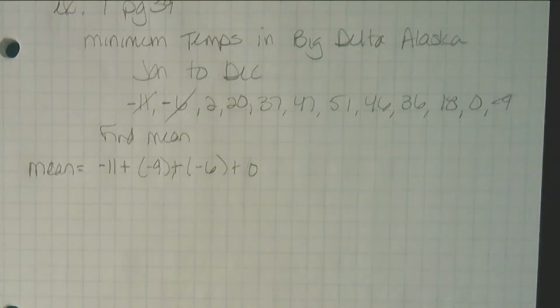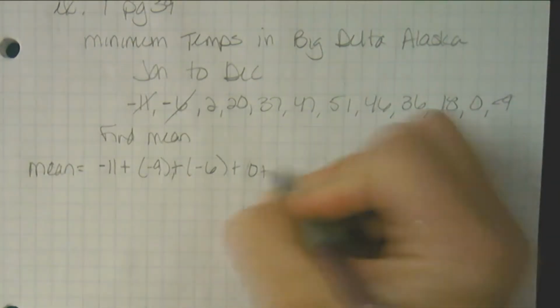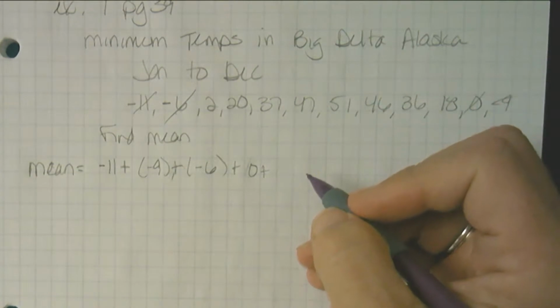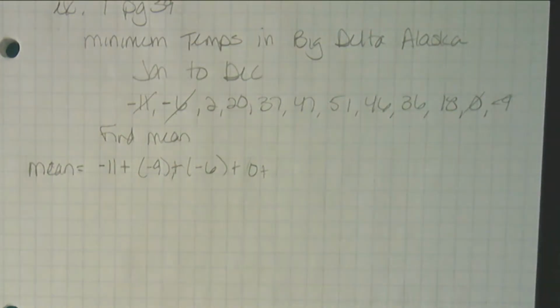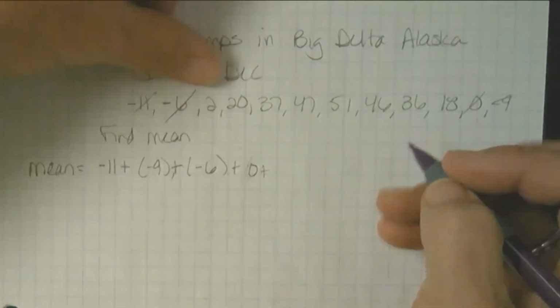Now I recognize, hang on a second please, I recognize that we're not finding median here, but I want to set you guys up for good habits. Okay? Alex? Oh, it affects mean because of the number of data items. Thank you. That's another reason you have to have it. Thank you for pointing that out. Because we still have 0 as a data item, we've got to make sure we keep it in there, okay? Thank you for correcting me.